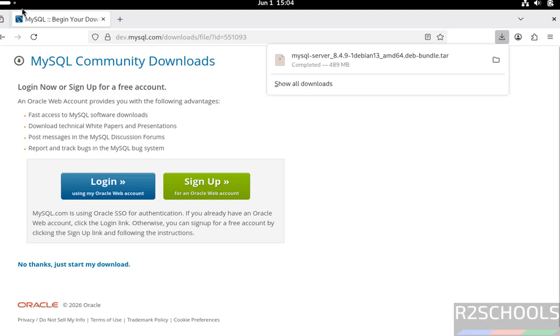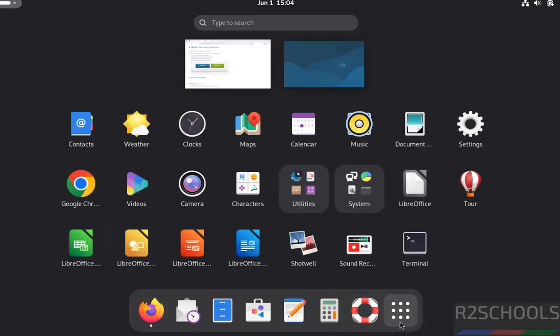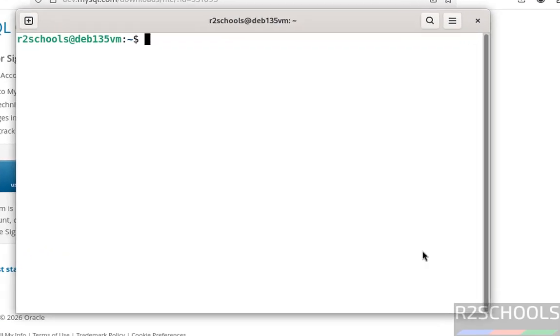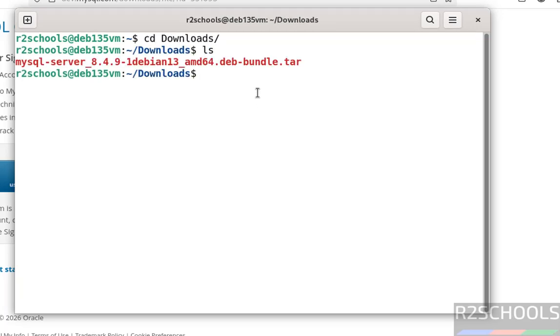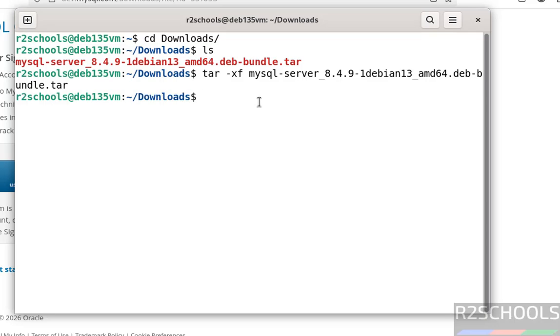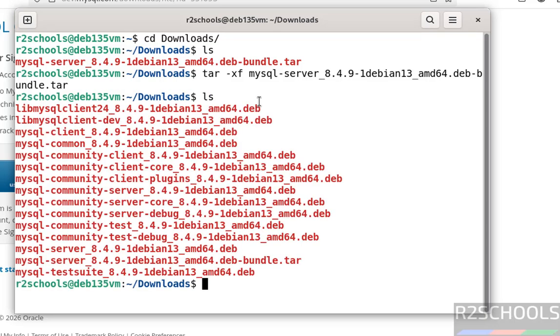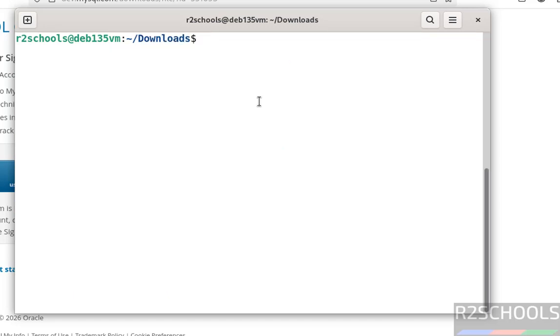See, download completed. Now open terminal. Go to downloads directory, cd Downloads, ls. Now extract the tar file, tar -xf, then mysql, then press the tab to autofill the entire tar file name. ls. Now we have to install these packages, but before installing them, install the following dependencies: sudo apt install